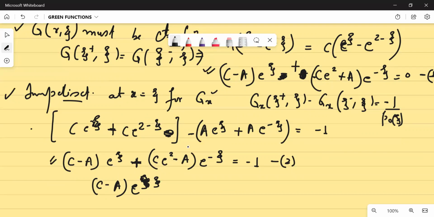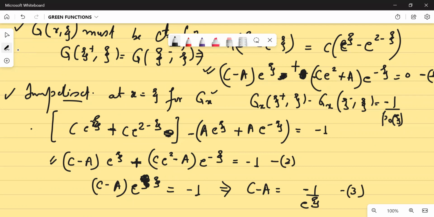So what will be left? c minus a e to the power zeta is equal to -1, or I can write that c minus a is -1 upon e to the power zeta. This is my equation number 3, let's say. Is that clear? And if I subtract these two,